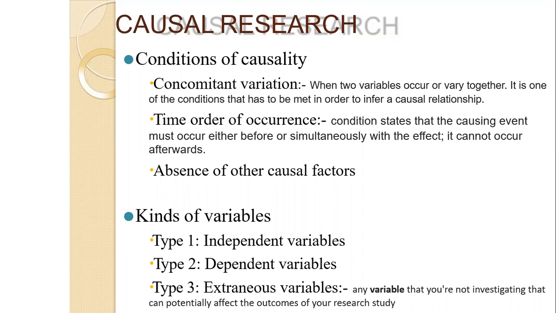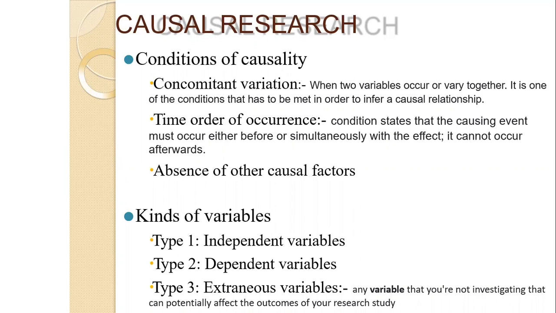The kinds of variables here are, first, the independent variable. An independent variable is one which can be manipulated or which is not affected by other things. For example, to understand easily, your age is an independent variable. Whatever you eat, whatever you wear, whatever foods, ingredients, proteins you take, it is not going to stop or increase. It will go on independently. Age is an independent variable.